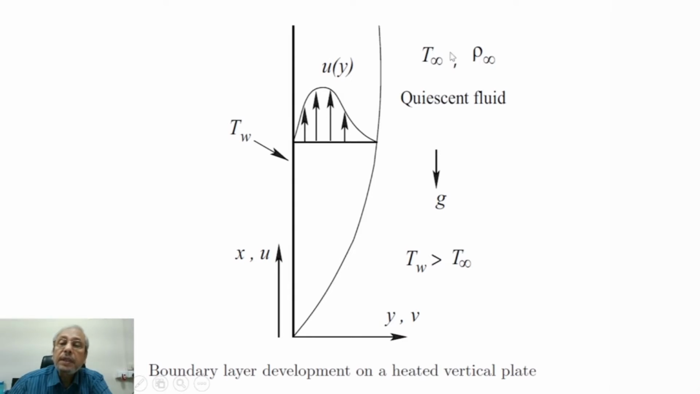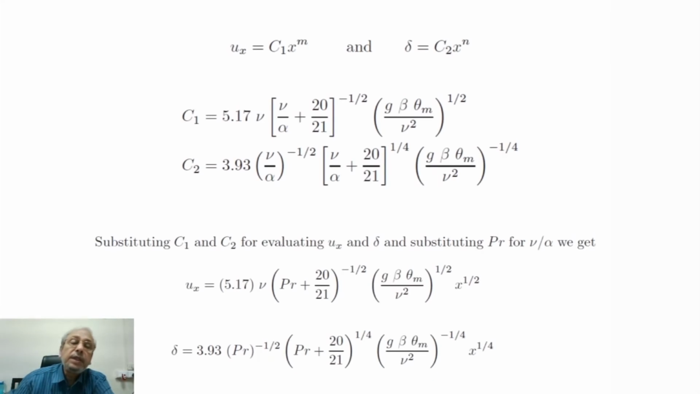Quiescent fluid is at temperature T infinity, and this flat plate is at a temperature TW. TW is greater than T infinity, and this higher temperature induces thermal buoyancy and a flow field is generated. So we have looked into the derivation of the equations, and then we finally reached this position that ux,